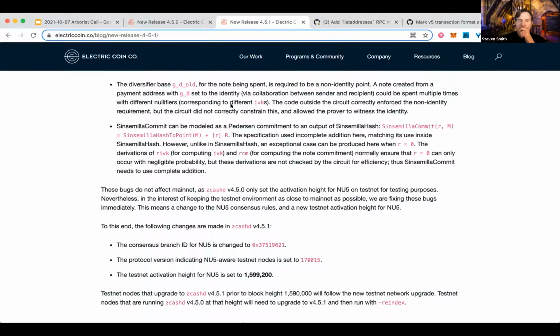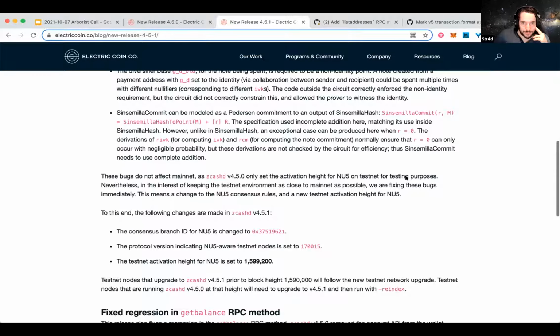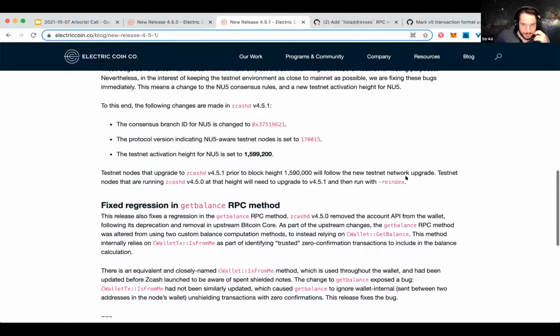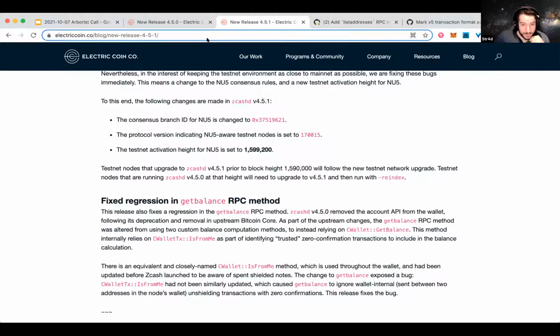And then the other change here was a bug we found in get balance that we fixed in this release. In 450, we backported a change from upstream Bitcoin Core that removed all the account logic, which we've had essentially disabled from Zcash launch for about 5 years. They had finally removed all those RPCs from their code base, so we backported that to get rid of it as well, because we didn't want the word account to be in a bunch of RPCs when we're about to introduce unified address accounts, which would get really confusing. But in doing so,